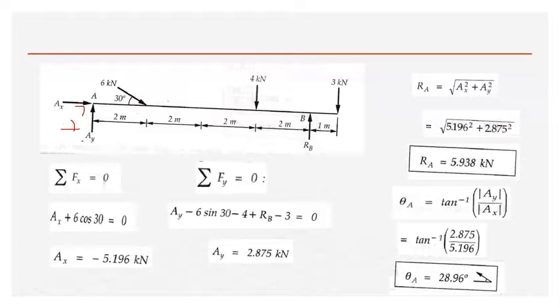So the only thing is in the overhanging problem, if you take care that you are taking the moment about the supported ends only, then the rest are similar to the previous problems. So find out the support reactions. This is how we find the support reactions. So several examples are shown. Steps are similar, only the kinds of loads are different. So practice these problems.